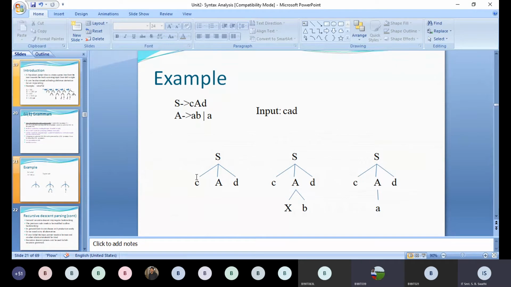Ma'am, follow means what, ma'am? Follow means the elements. If you are reading A, what is the next symbol followed by A? Small b. Small b is the next to follow. C you are reading. What is the follow of C? Capital A. If the compiler is presently reading capital A, what is the follow of A? The next symbol, successive element, that is D. And after D, is there any follow? There is no follow.